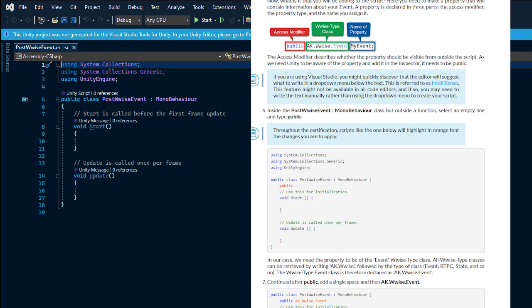Before creating code for your function, we need to provide information about the event with a property. This will be done on a new line of code, but first, the lesson breaks down the three parts that make up a property. The access modifier determines whether or not a property is visible for properties in the inspector